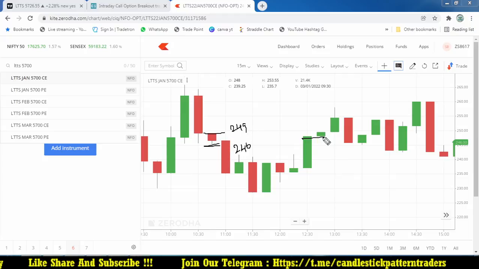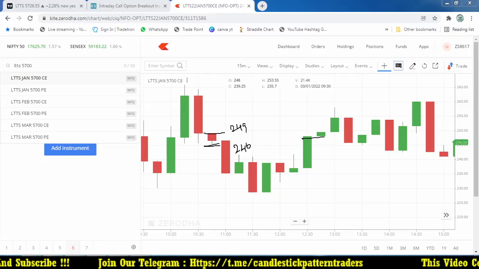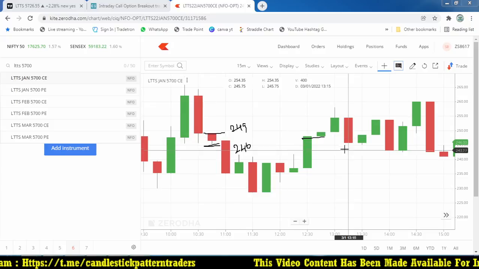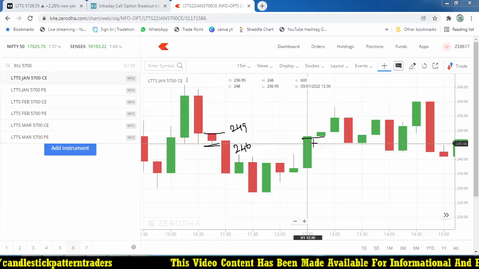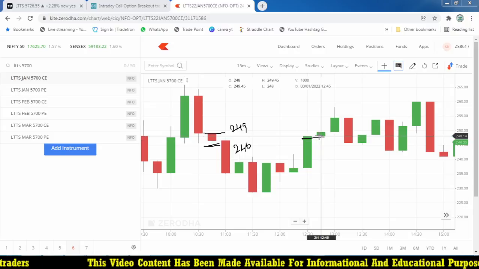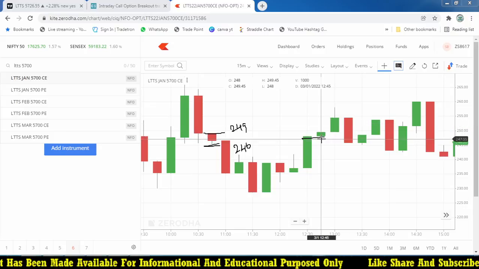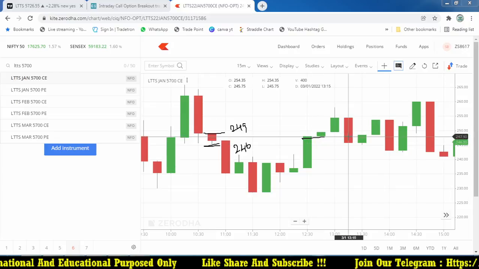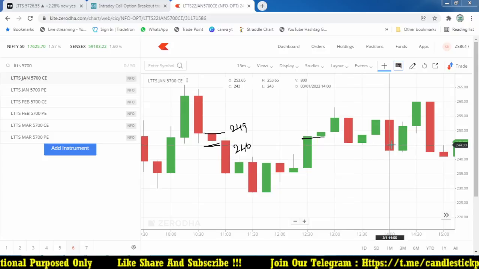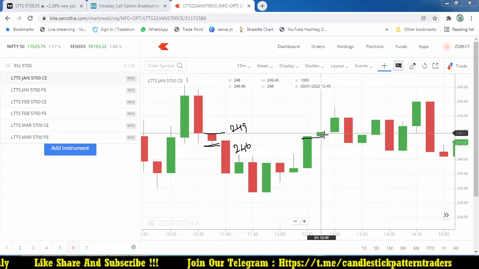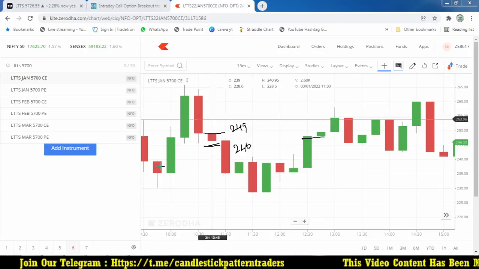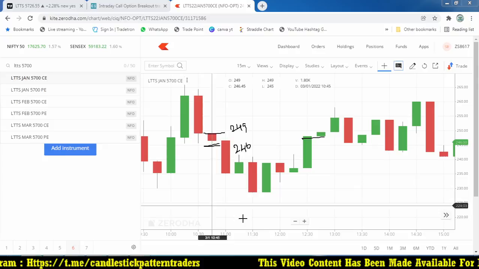Whenever it triggers at 249, then we take our breakout trade. This candle's high and low are important. 249 was not broken on this particular candle. The next candle broke it around 12:45. We got an entry, and immediately it went up to 258. So from 249 to 258, almost 9 points. After that the stop loss may trigger, because it is a very minimum stop loss, but it gives you nearly more than 1:2. That is how we can find the perfect stock for trading.